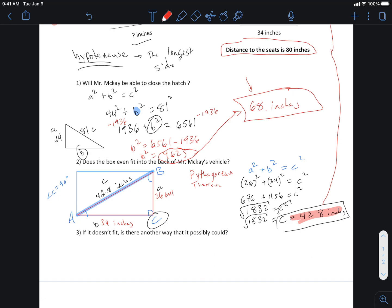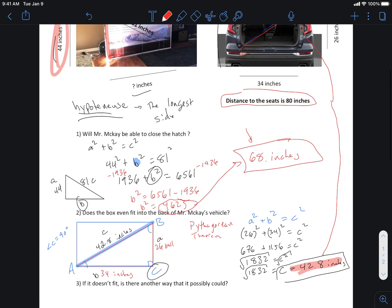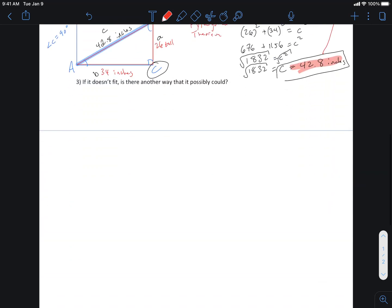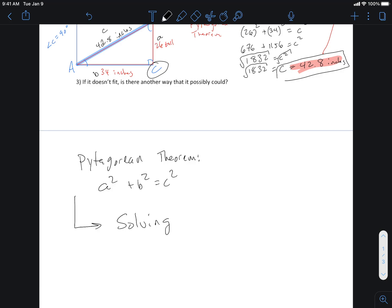Okay. At the same time, I try to introduce to you guys this notion of the Pythagorean theorem. Okay, so I'm just going to write it down here one more time, just to clean it all up. This is the point of today's lesson. Oh my goodness. Okay. What do we use this for? We use it for solving for